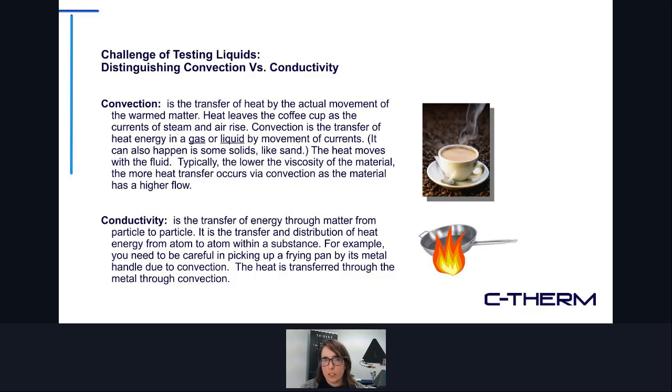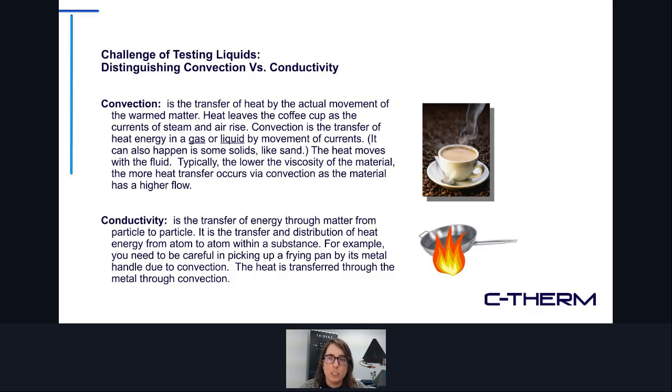So for electric vehicles and vehicles in general, you end up testing a lot of liquids and a lot of fluids. And when you're testing fluids, it's really important to make sure that the behavior that you're measuring is the behavior that you think you're measuring. By which I mean, we see a lot of work in the literature. It's not the majority of the work in the literature, but there are literally hundreds of thousands of papers published every year talking about the thermal conductivity of different fluids that are being developed. And if you take a small percentage of many thousands, it's still a lot of papers where the testing conditions being employed are really going to encourage the onset of a different type of heat transfer called